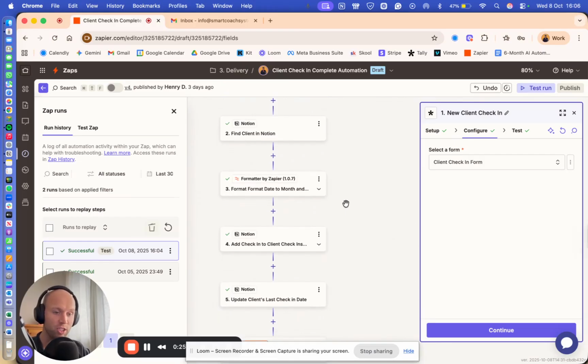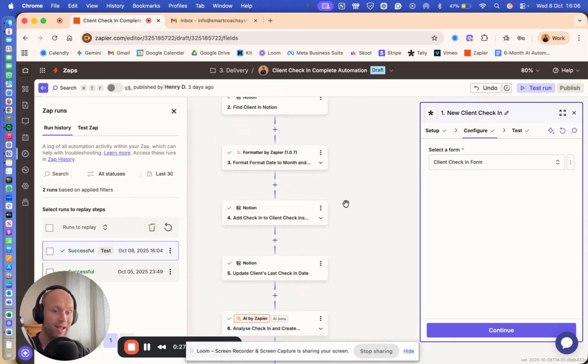It's going to update their last check-in date. It's going to analyze then what that check-in was. It's going to send a thank you to the client to say thank you for checking in. And it's also going to send you, the coach, a summary of that check-in with its recommendations based on a prompt that I've written. So super powerful and a really, really fast way to gather information, update databases, and then